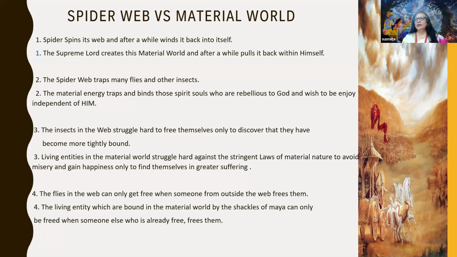Similarly, in the material world, we struggle to find more happiness, thinking, "I'll struggle and I'll get more happiness." But finally, this whole thing is making us bound more and more. The search for happiness, the enjoyment away from Krishna, is actually binding us more and more to this material world.